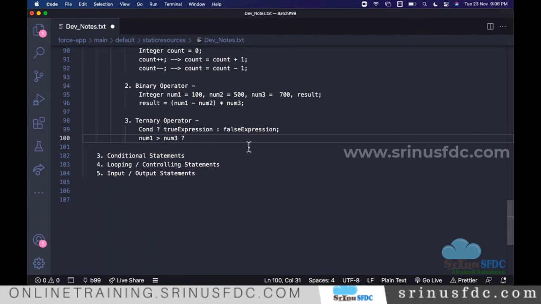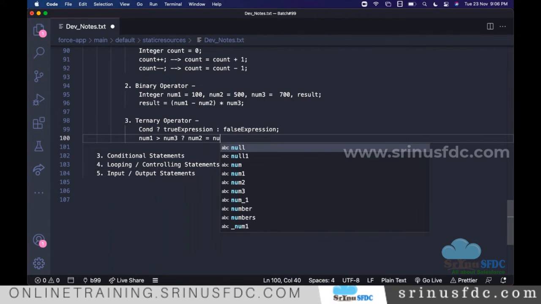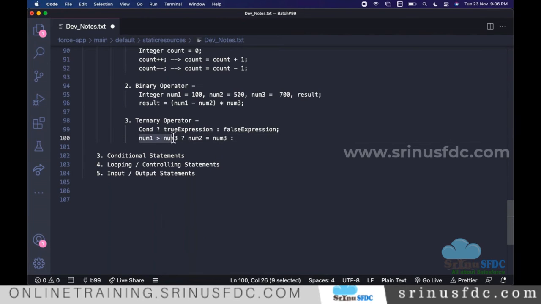Okay. So now I'm going to give number 2 value as number 3, because that is bigger. Else, if number 1 is greater than number 3, that time I want to add number 1, which is bigger.